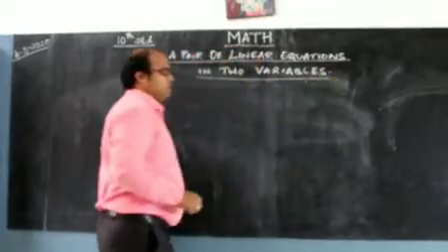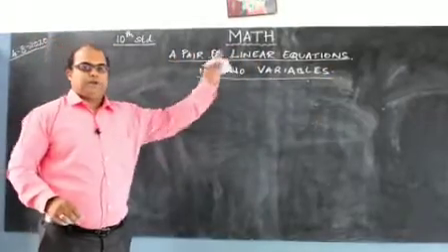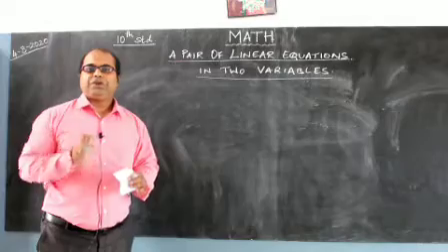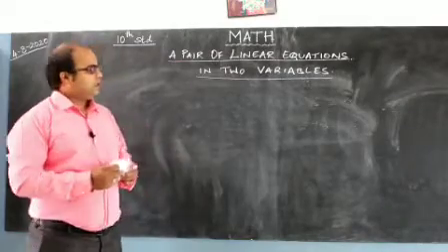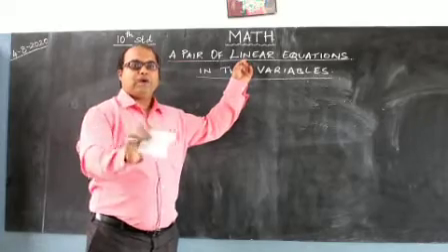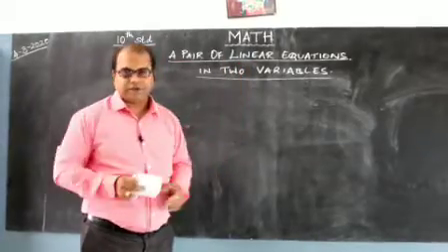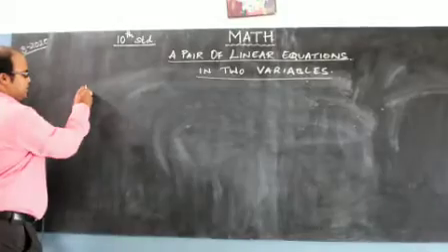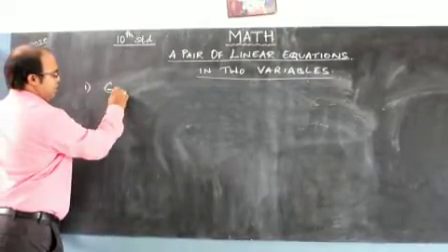Okay, children? So in this chapter, first thing what we should learn is, we have seen the linear equation. The general form we have to learn for this linear equation. The first important thing, general form